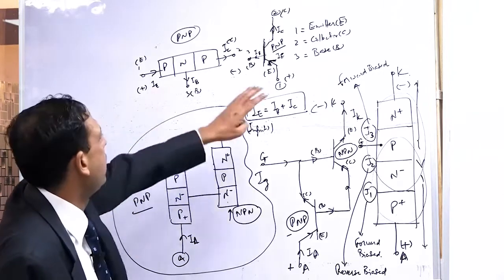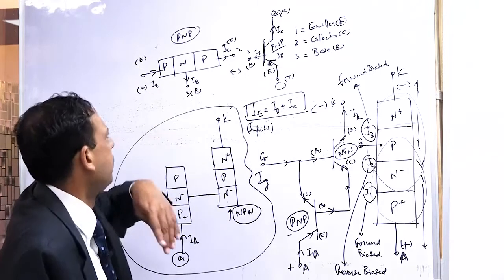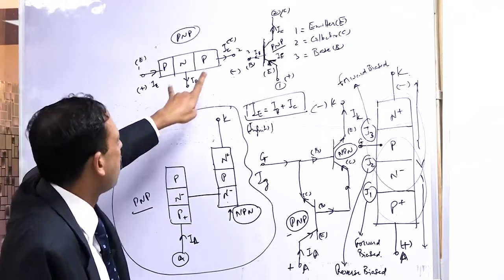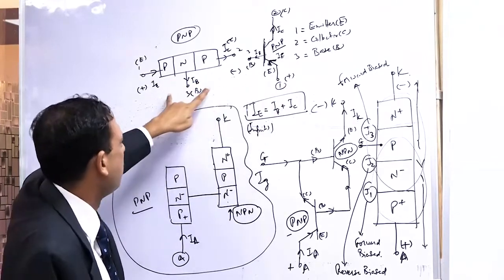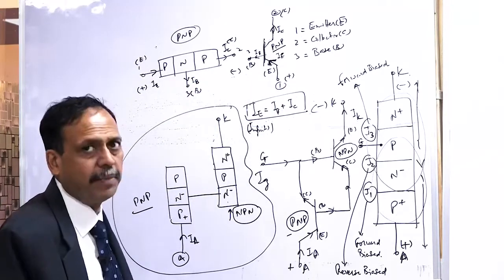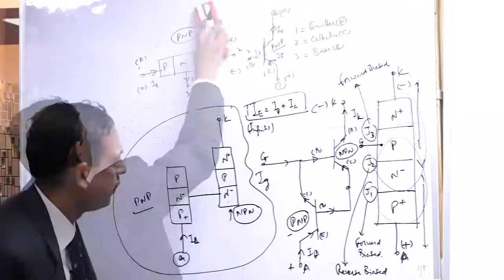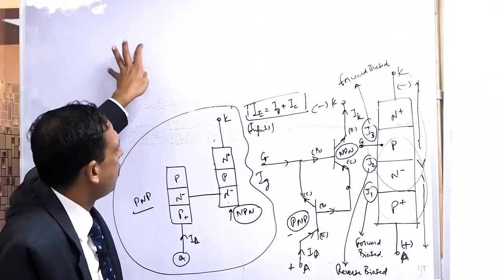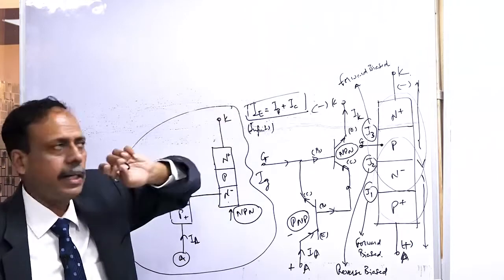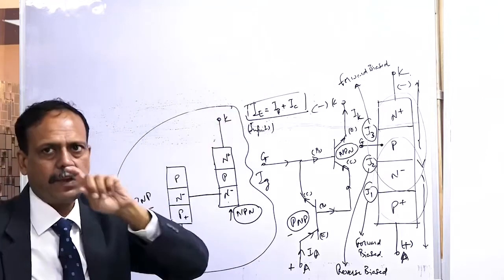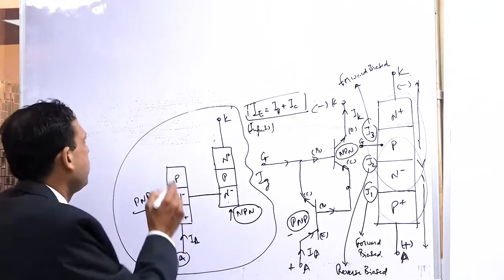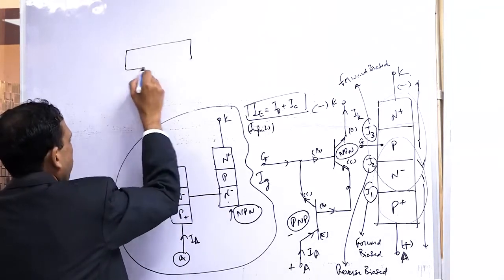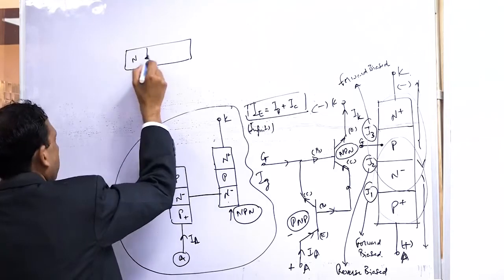Now similarly, I want you to draw for NPN. Instead of PNP, draw the circuit diagram as well as the electrical diagram as well as the symbol as well as the schematic of an NPN transistor. We have drawn the symbol as well as the electrical circuit for the PNP. You please make an attempt for the NPN transistor. The NPN transistor will look like this. NPN.